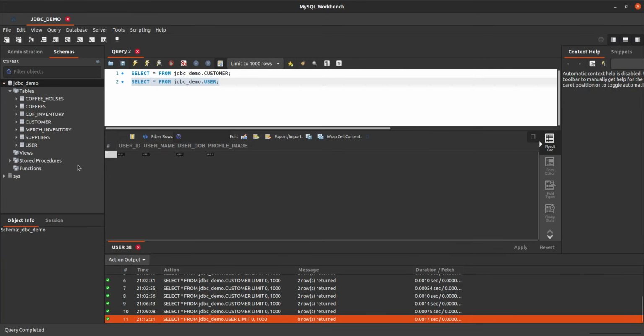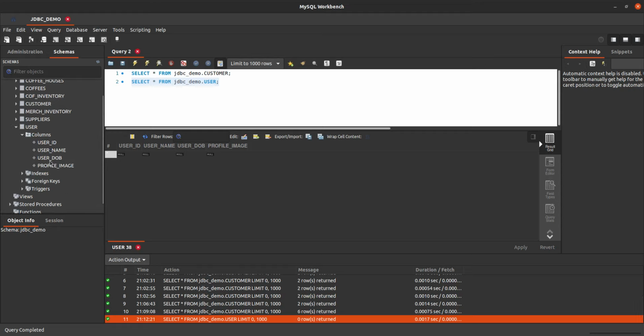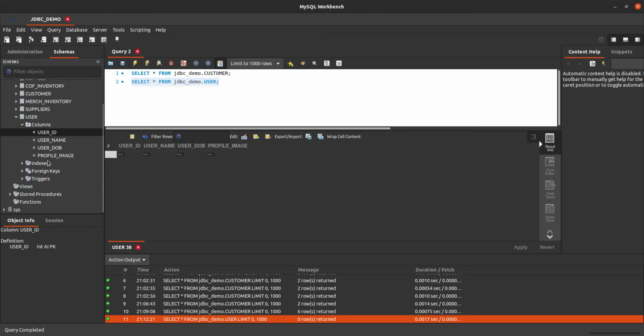Now this is our user table. 4 columns are there. Here, user ID is a type of int, this is the username, a varchar string type, this is a date type, user dob, date of birth, and this is the profile image, which is a long blob.